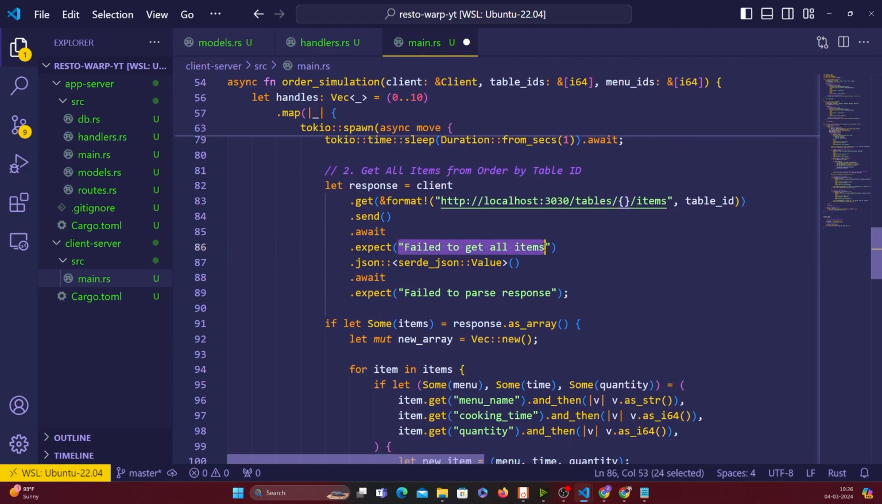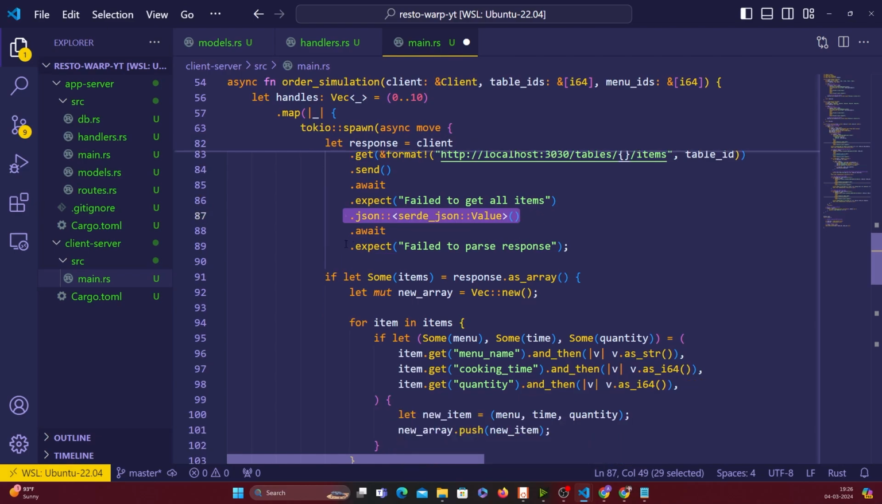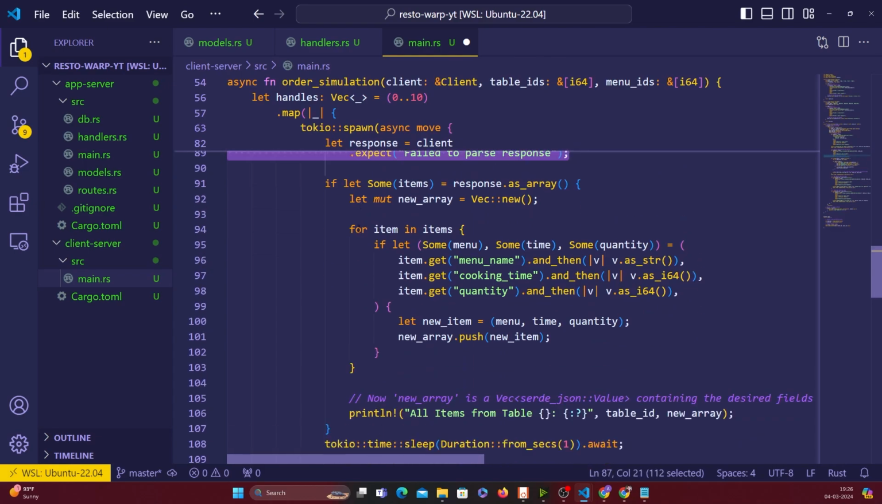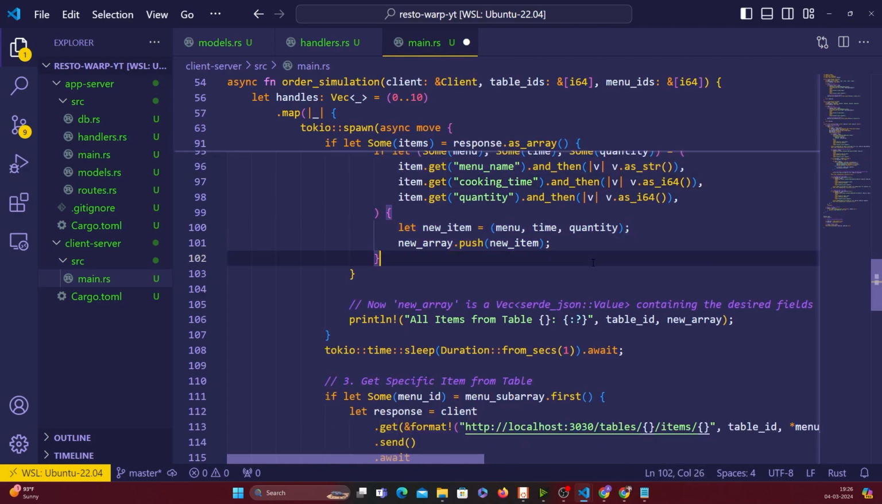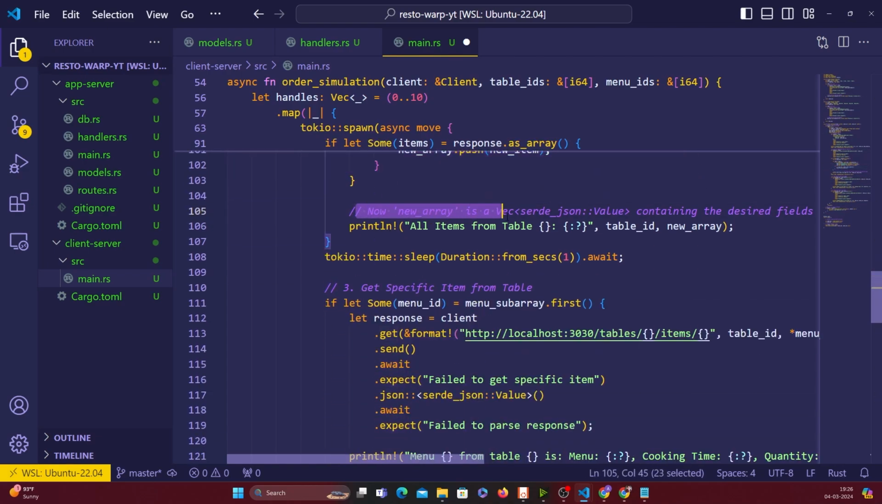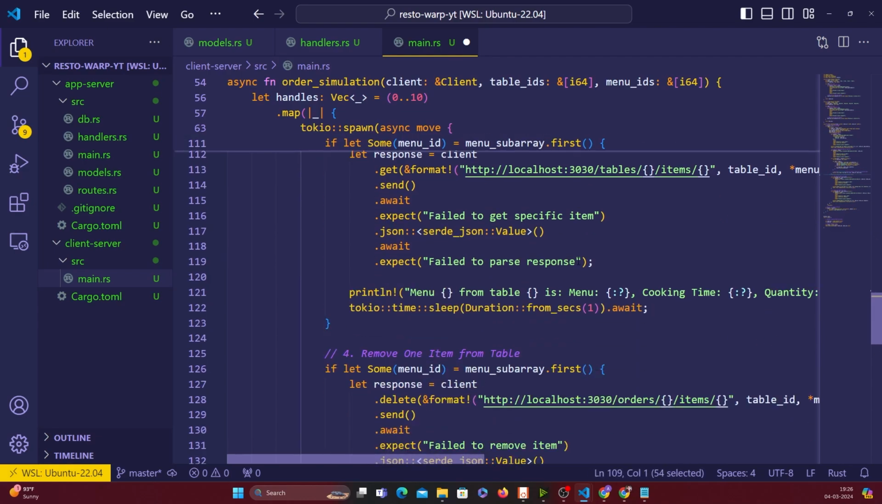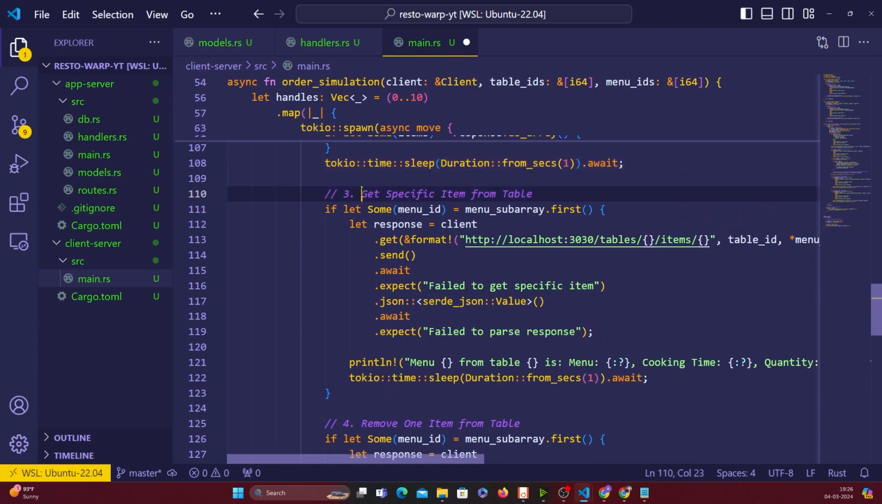If there's an issue, we'll say fail to get all items, and we'll use JSON to convert that into JSON, and then we'll say fail to parse response if that failed. Okay, and then we'll go over those items, and we'll get the menu name, booking time, quantity, and all of that, and create a new array and push everything there. And the new array is a vector containing desired fields, and we'll print all of that out to the terminal, and then we'll wait again for 1 second before going to the next step, which is getting specific item for